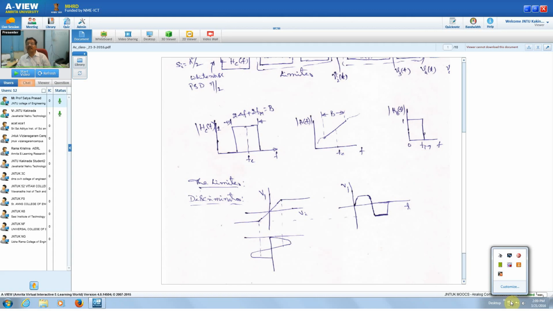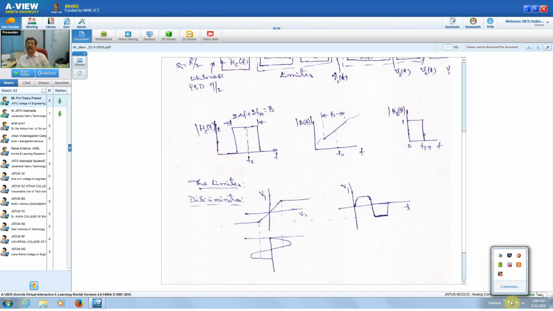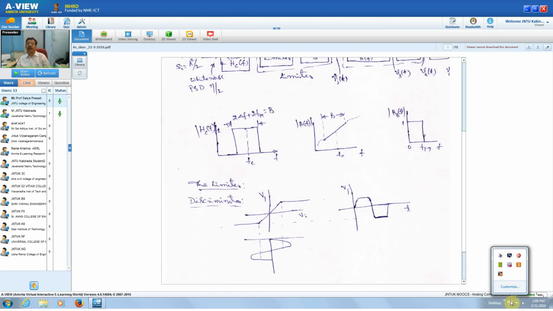And this limit, we can reduce it so that even if the input signal is reduced, still we are going to get a constant output only. So we will be designing this limiter circuit appropriately to eliminate either the increase or the decrease in the amplitude, so that we get a constant amplitude at the output of our limiter. Whatever variations we have are only because of the frequency variations. So the time variations are coming here,